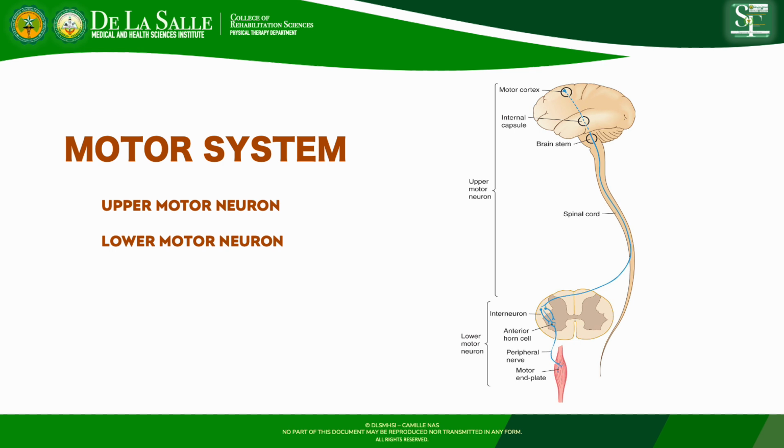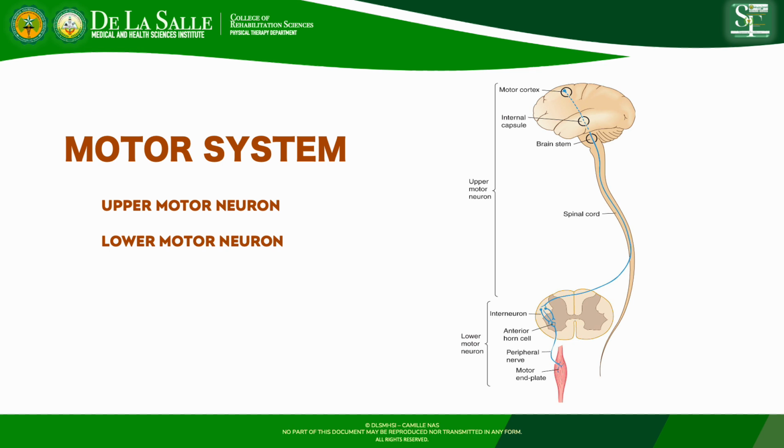The lower motor neuron is also found within the spinal cord. The only difference is the specific location in the spinal cord. That location is the anterior horn cells. From there, it will project its fiber towards the skeletal muscles or the effector organs, and that will be the